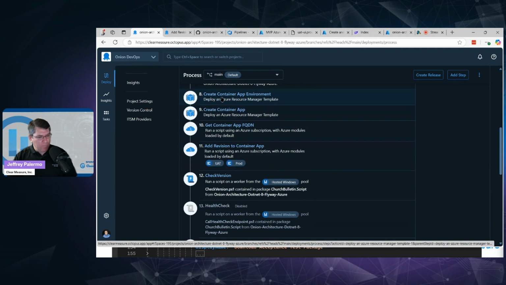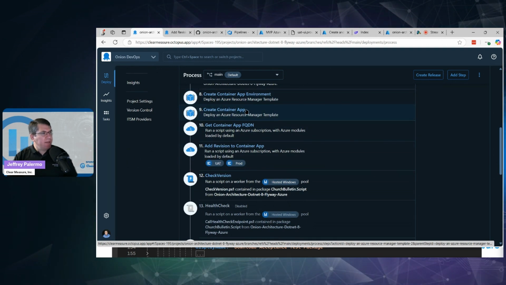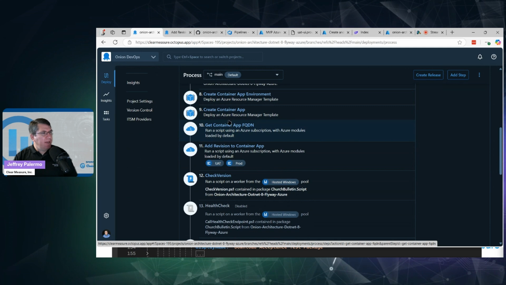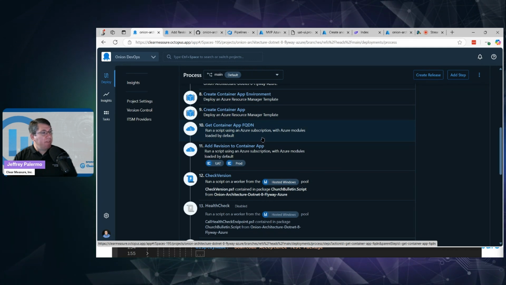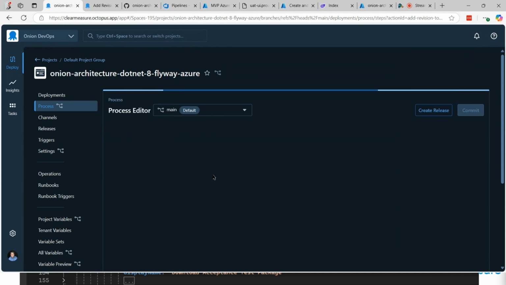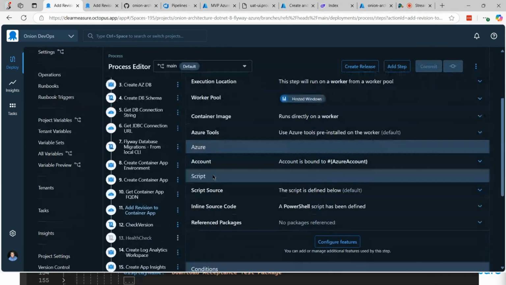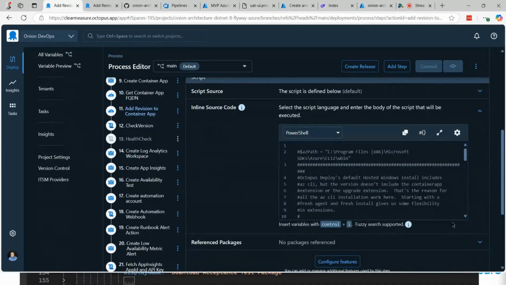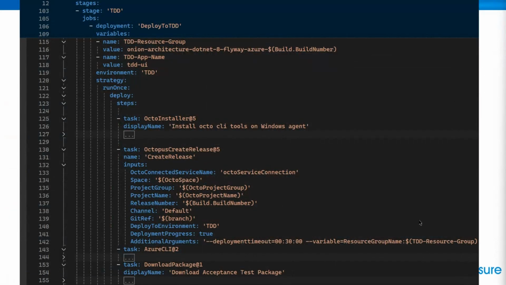Then we're creating the container app environment and the container app itself. Then we're getting the dynamic, fully qualified domain name, and then we're going to add the revision. As we go into this is where I'm going to pick back up because we have a script here. So if I go back to the slides and go to the next one,